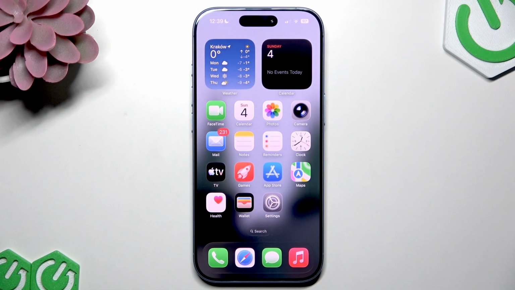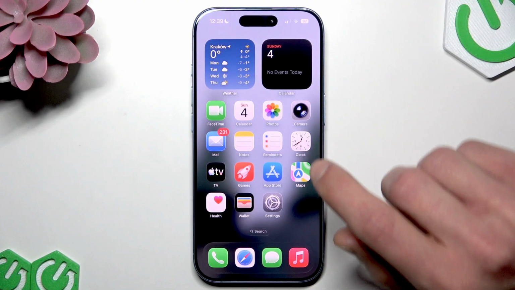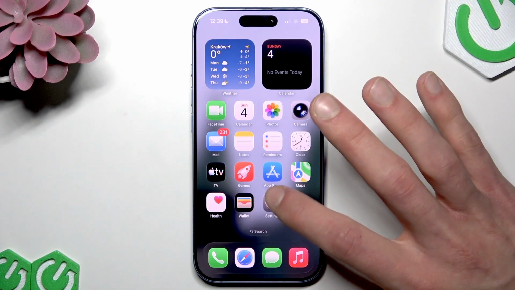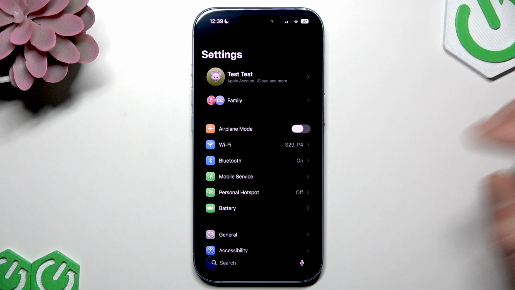RCS messaging, which enhances iPhone to Android texting with high-resolution media, typing indicators, and read receipts, is available on iPhone since iOS 18, but not every carrier supports this feature. And if you want to know if yours does and if you can enable this on your iPhone, you're gonna